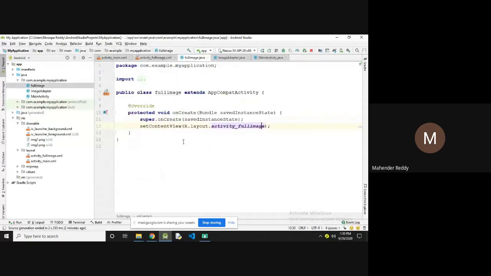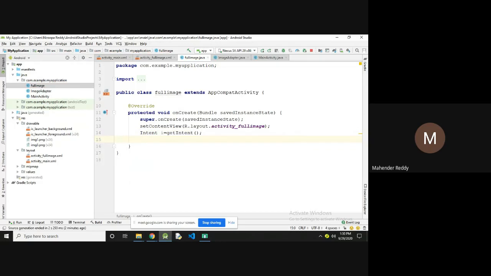In FullImage dot java, I'm going to display the image. Intent i is equal to getIntent.